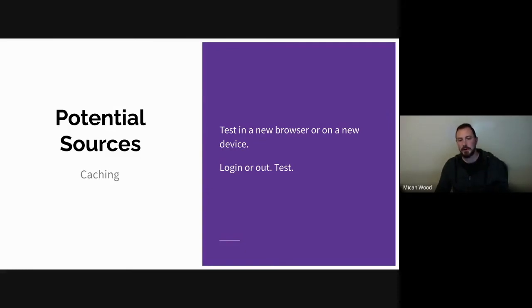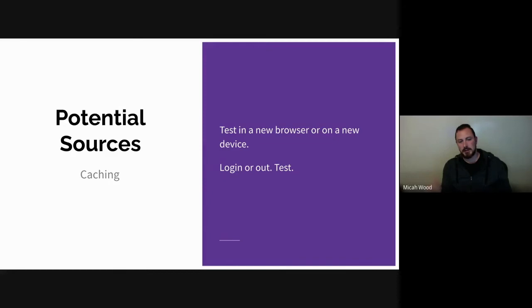Another very common one, perhaps even more common than switching devices, is a helpful hint on that: opening up a Chrome incognito window is a very easy way to check to see if you've got some sort of caching issue. Incognito windows don't store cookies and they clear the cache out when you close them down. So if you close it down and open up a new one and things look different, then it could be a caching issue.